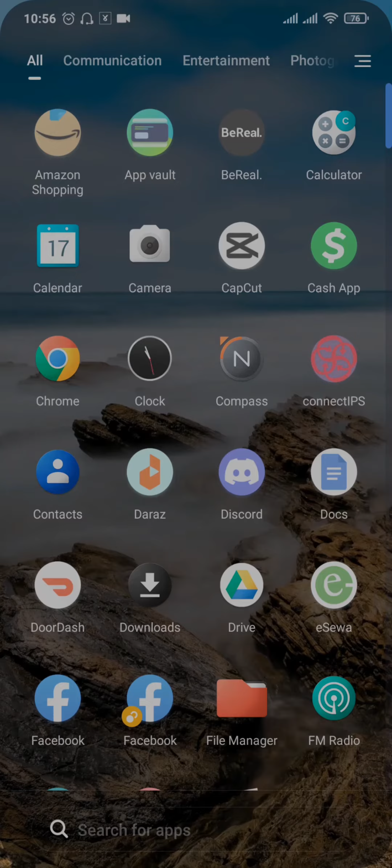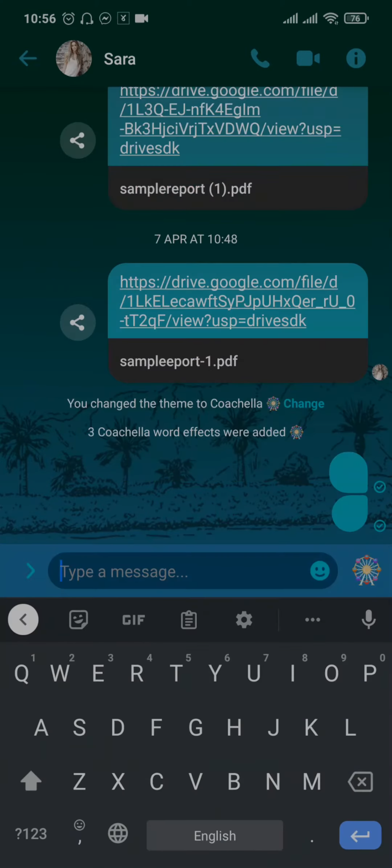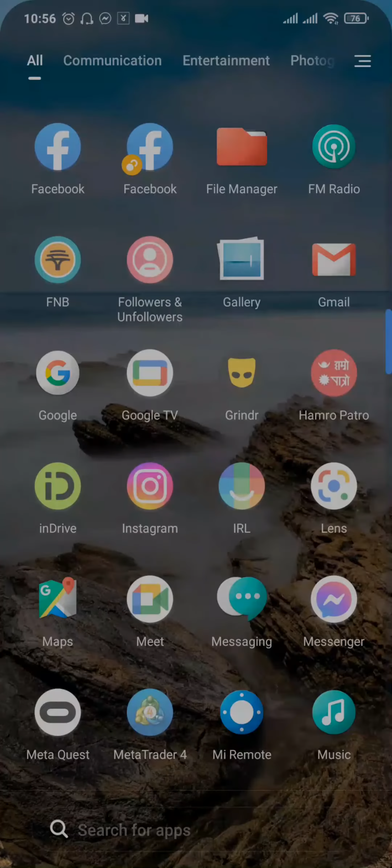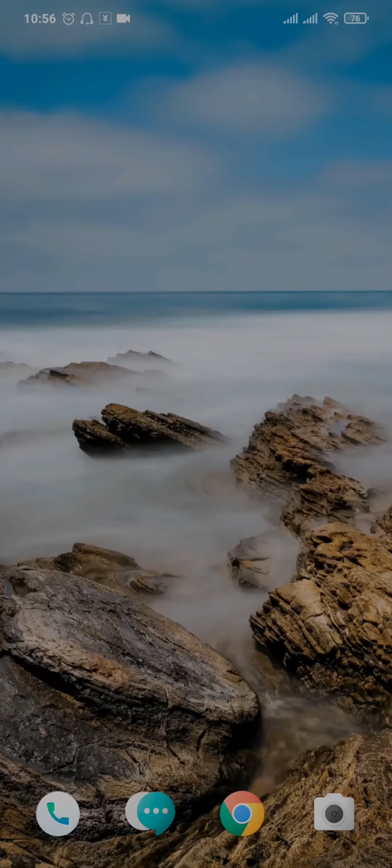In this video I'm going to show you exactly how you can send large video files using your Facebook Messenger. If you normally try to send large video files from here, it says that the video file is too large. So in this case, what you can do is firstly send the video file to a third-party application,